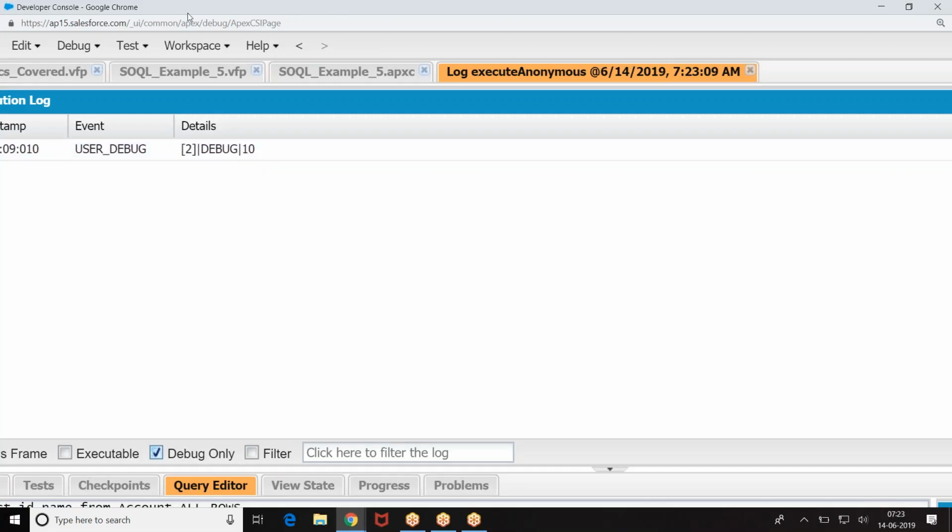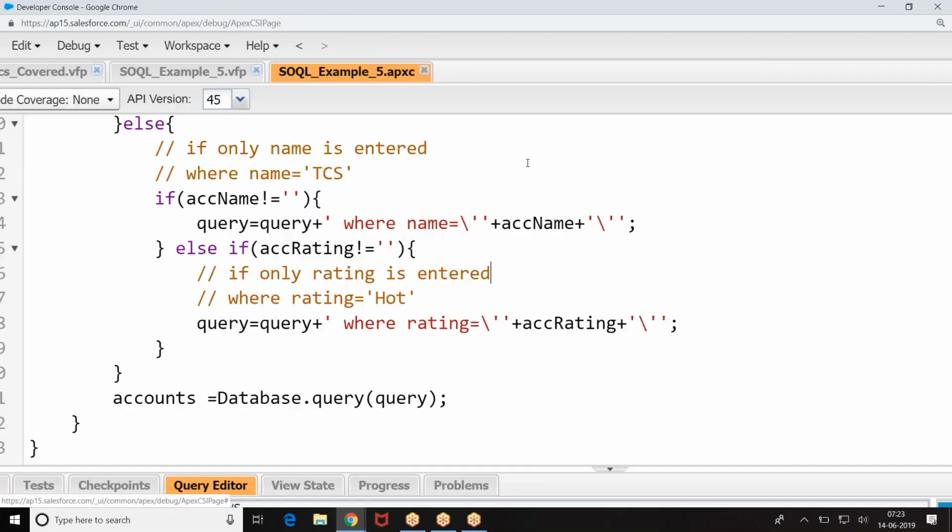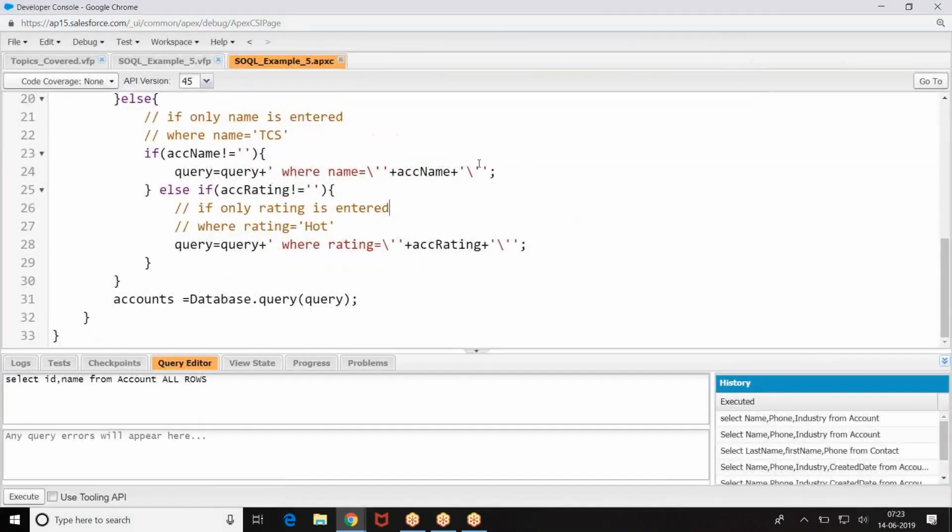Now we are going to discuss one of the major topics in SQL: how to write a SQL query and fetch related objects, your child objects and parent records. Now listen to the context carefully.